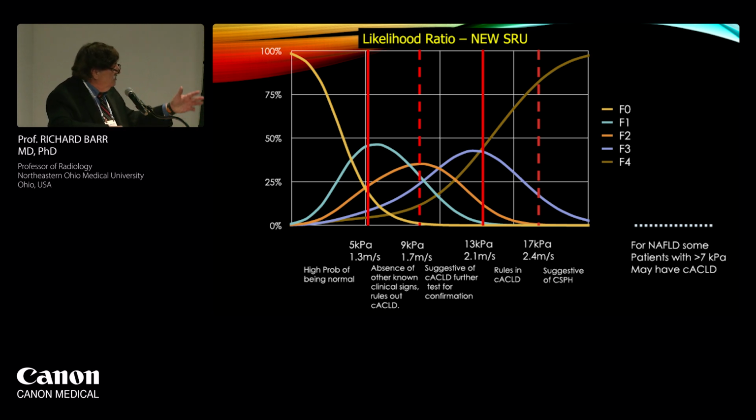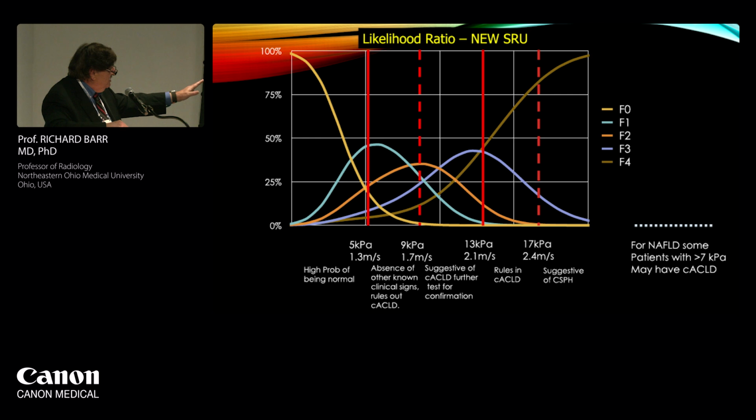So if we look back at that table, we now have redesigned things. We kept 5 kPa, below which you have no or mild fibrosis. We moved the high cutoff value from 15 to 13 because I think we now realize that people that had F3 disease actually are at risk for all the complications of chronic liver disease, so we wanted to not miss them. So we moved that down, and then we split the difference between the 5 and 13 at 9.